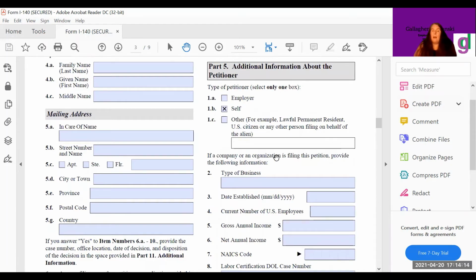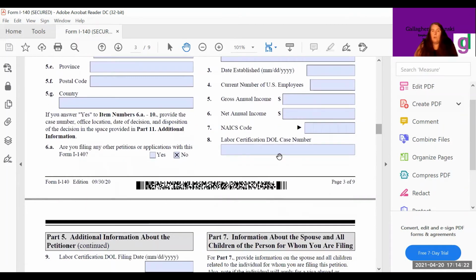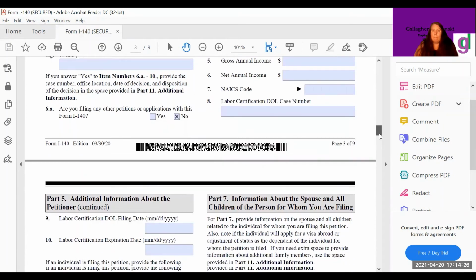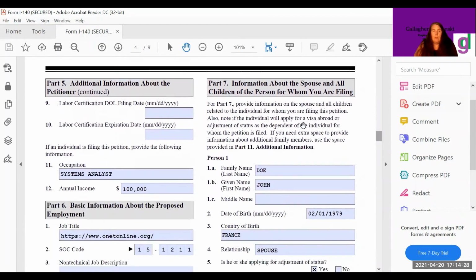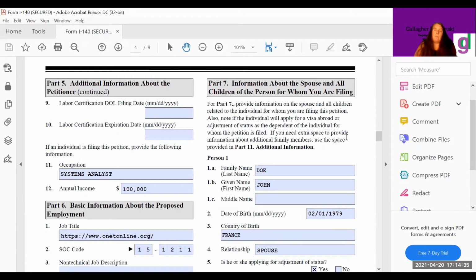Okay, you're not a company filing a petition. Leave all this blank. You don't need a labor certification. You don't fill out that. Okay, no labor certification, no labor certification. Okay, now here,